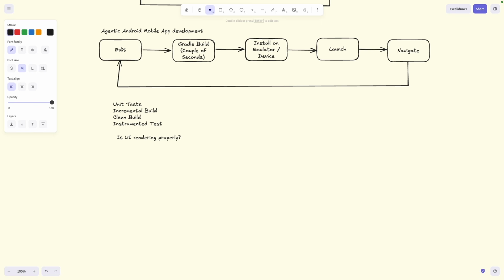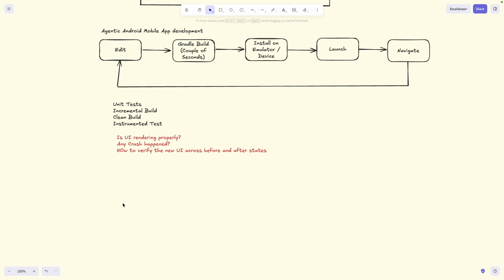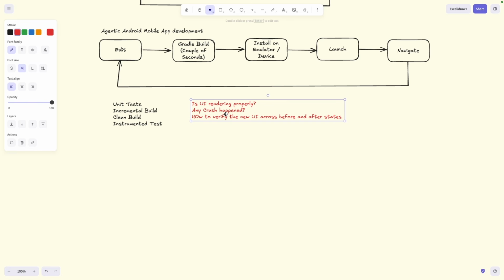That is one problem. Any crash happened, you have to go through the logcat. The agent has to go through the logcat. Does it have the access to the logcat? And also how to verify the new UI across before and after states. So this becomes a major bottleneck when it comes to verifying using AI agents how to build an Android application in